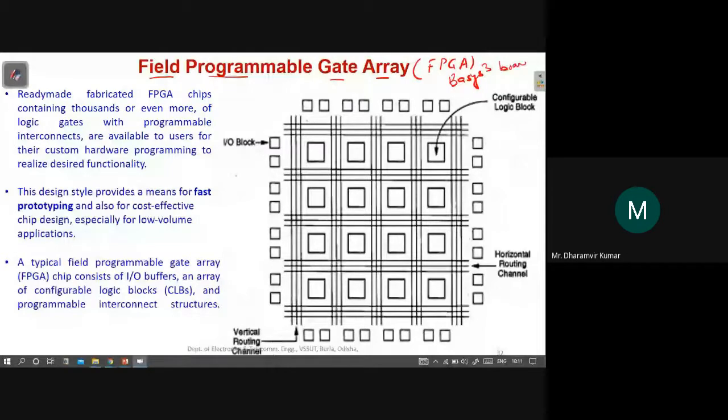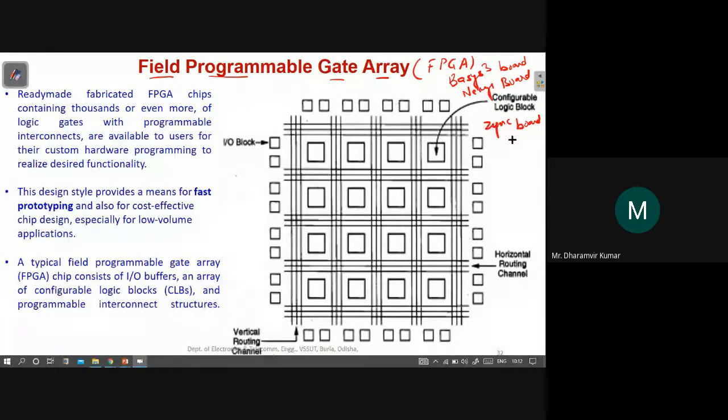We have the Nexys board also, and we also have the Zynq board, which can be used for performing FPGA-based experiments. So these are the actual boards, actual hardware, which can be used for testing the circuit.